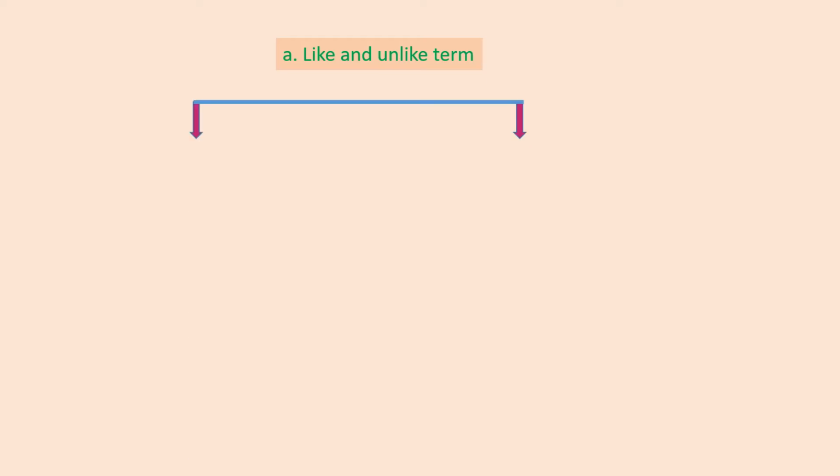So now we are going to first see what are like terms and which are unlike terms. The like terms are the terms with the same or different coefficient. As you know, every term has two parts, coefficient and variables. So two or more terms having the same or different coefficient but the same variable. The variable part should be the same, then only we can call them like terms.